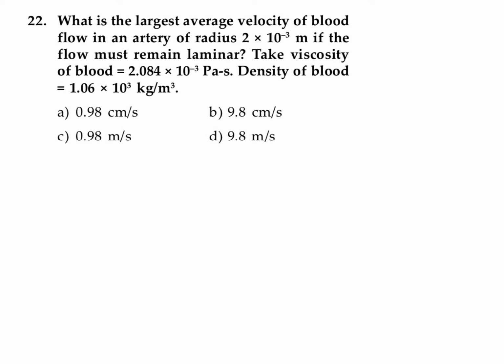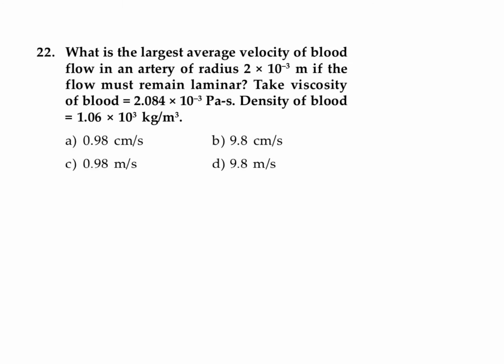So we can use the equation relating critical velocity and Reynolds number, which is V equal to Reynolds number into coefficient of viscosity divided by density and diameter. We can say that the flow will be laminar up to a Reynolds number value of 2000. So we can take the value of Reynolds number as 2000, and the value of coefficient of viscosity,